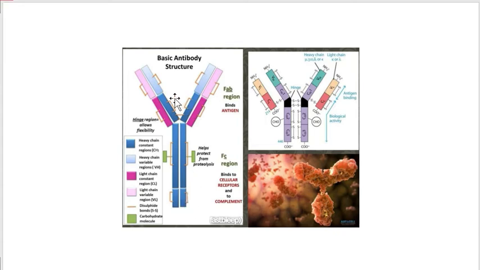And this is a very beautiful example. If you see the interaction between adaptive immunity and innate immunity, the antibody is the effector of humoral immunity. So here the humoral immunity component is bound to the pathogen and it is activating all the innate immune components. In the case of opsonization, it is basically activating a macrophage. In the case of ADCC, it is activating NK cells, and in the case of complement mediated lysis, it is activating the complement cascade, which is also an active component of innate immunity. So this is a very good example of crosstalk between innate and adaptive immunity.